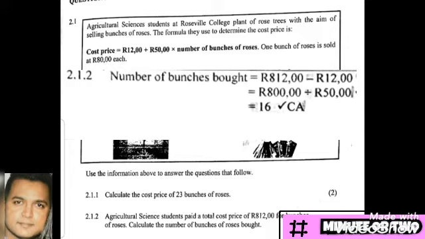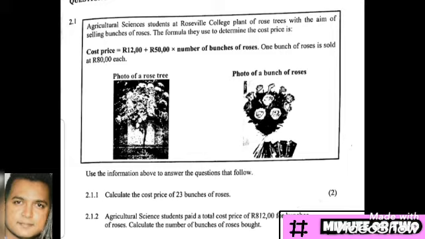So once we do this, 800 divided by 50 Rand, and we get 16 bunches of roses. So it is important that when you read information given to you, it does not mean that you will use all the information given to you, because they've given you information about the selling price of 80 Rand. But for both questions, you were focused on the cost price formula. So be very cautious in terms of how you approach exam questions and the information that is useful for you